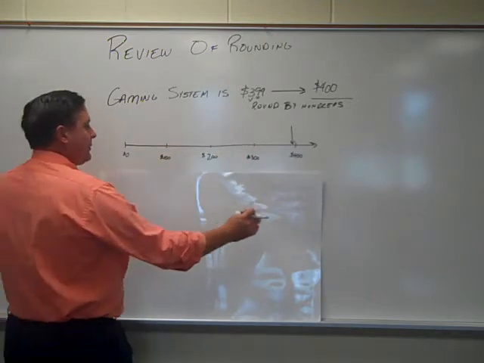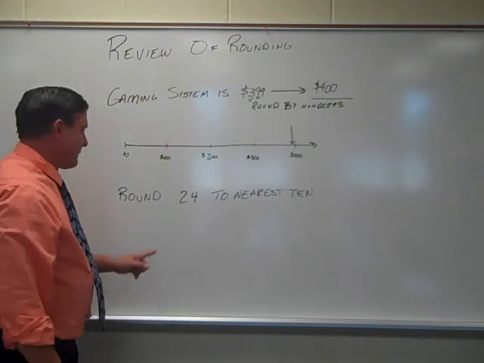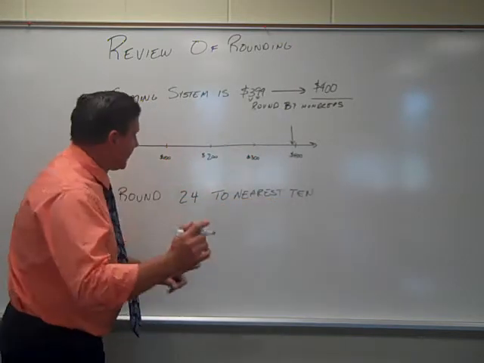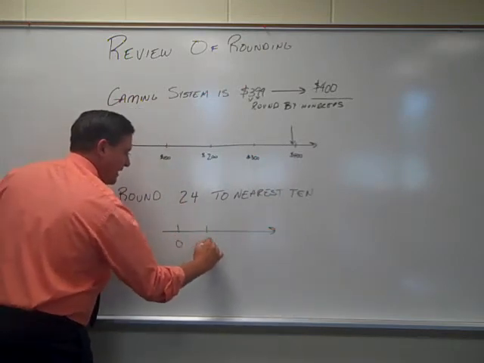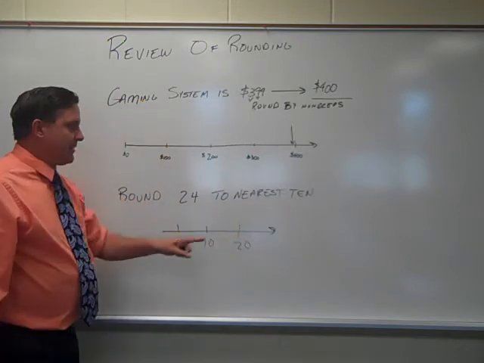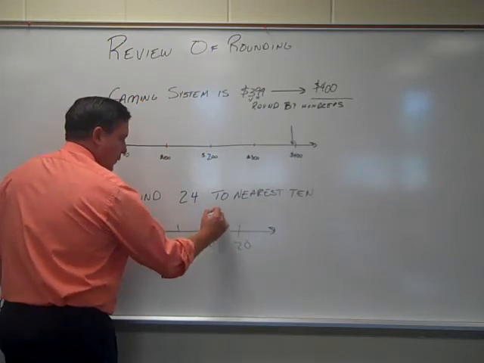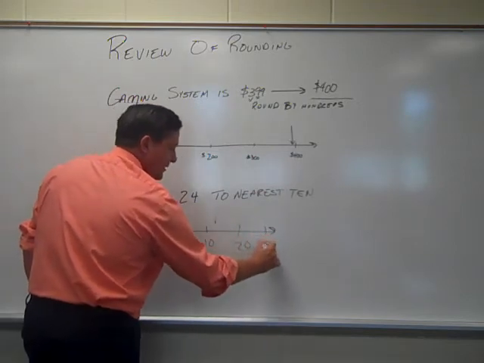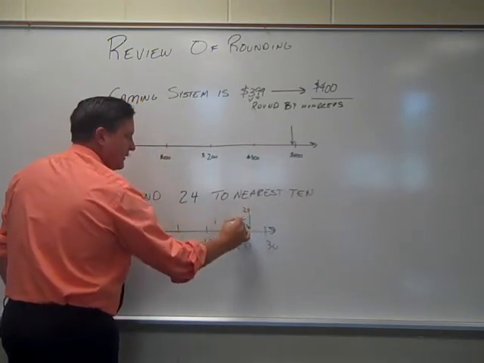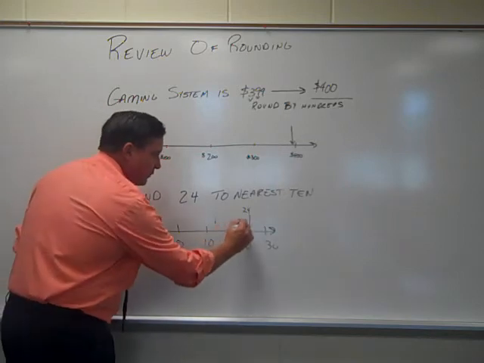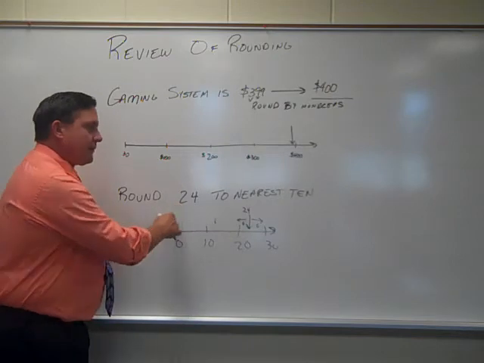So, when I have a problem, like round 24 to the nearest 10, and I say 10, 24 has nothing to do with what I'm drawing right now. 0, 10, 20. Because I said count by tens. So when I do that then, 24, whoops, I suppose I need a 30. 24 is right here. Well, 24 is closer to 20. Its distance from 20 is 4. The distance to 30 is 6. So when we round 24 to the nearest 10,